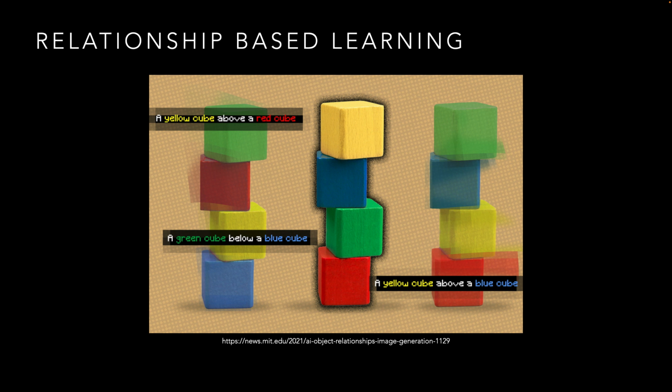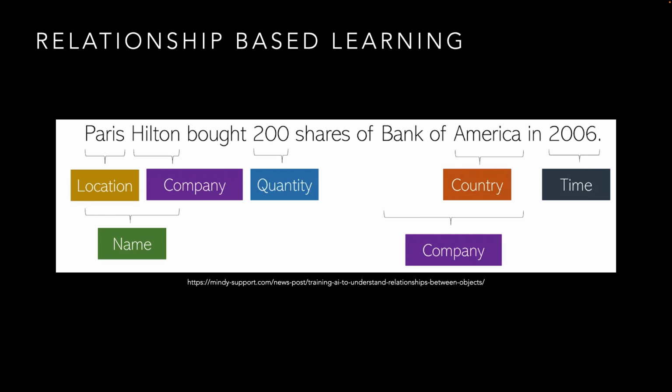The yellow cube is above it, so the relationship is above the red cube. Similarly, this could be applied to an NLP case. So here we have Paris Hilton bought 200 shares of Bank of America in